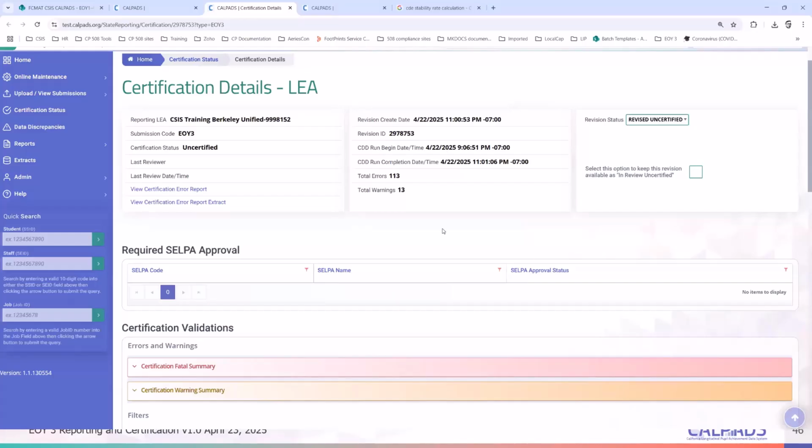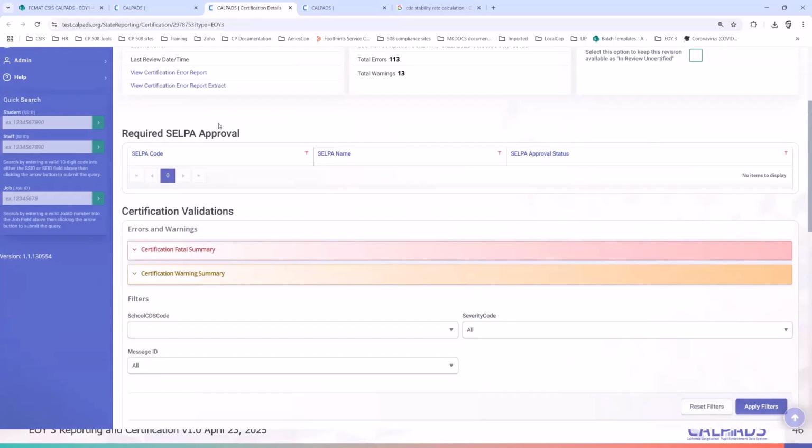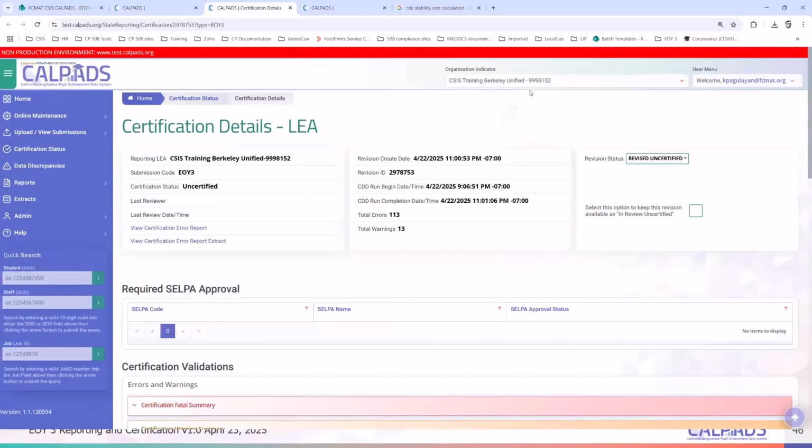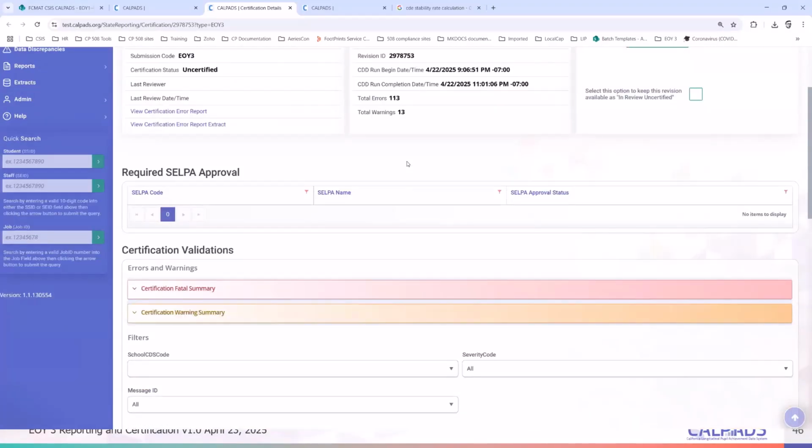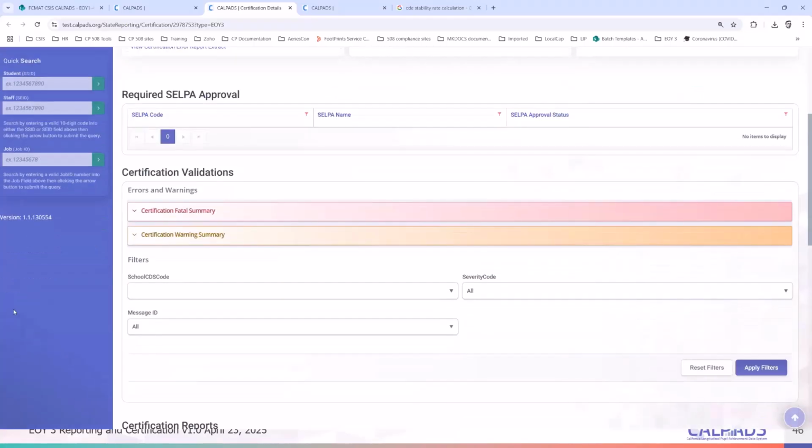All right, so moving down here, you should be able to see who your SELPA is and the status. Obviously, we're in test, so we can associate a SELPA, but your SELPA could be ABC Unified or Mid City or North City or LA or El Dorado County Charter. Okay, so that SELPA would be in here. If you are a district who has multiple SELPAs, then you would have multiple SELPAs listed in here as well.